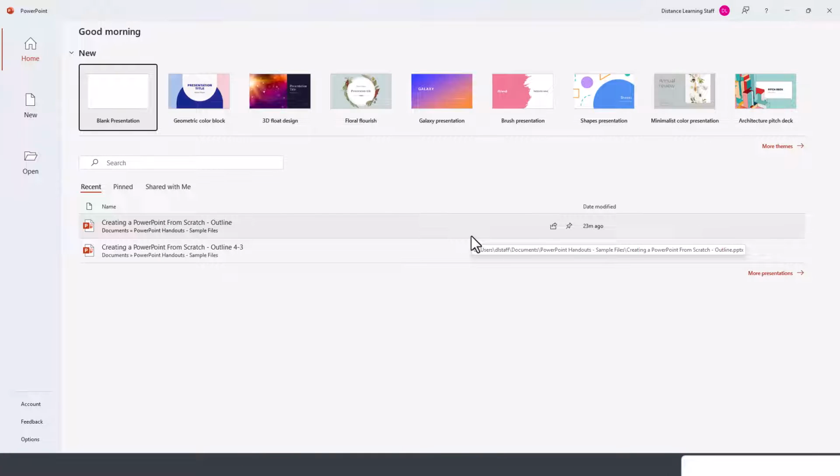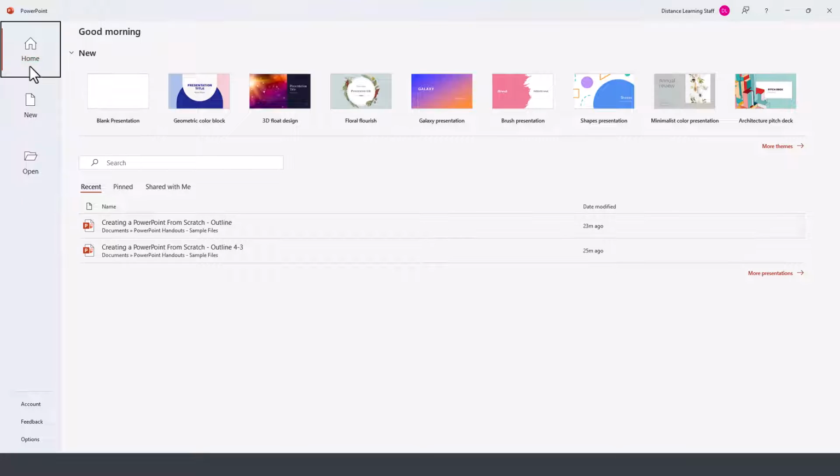And let's acquaint ourselves with the general interface for PowerPoint 2021. On the left-hand side, we have the Home option. The Home option will present us with the option to start a blank presentation or to use various templates that are installed as part of PowerPoint or that we can download from Microsoft, and I'll get into those in just a moment. Then further down here is where we can search for specific files, and here we have recent PowerPoint slideshows